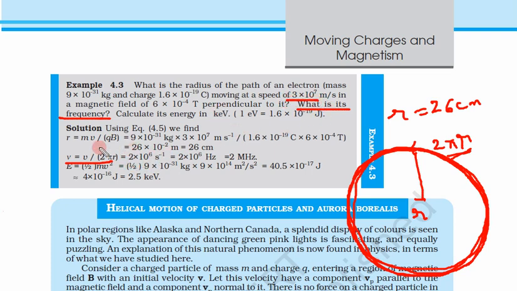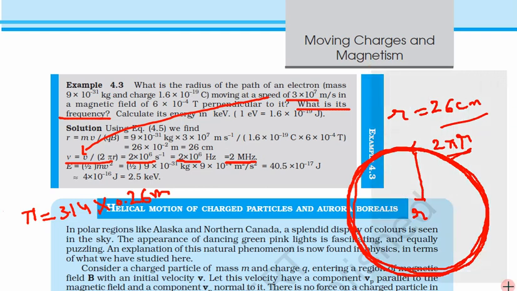3 into 10 to power 7, this is the velocity. 2 pi, you know pi is 3.14. R you have calculated as 26 centimeter, that is 0.26 meter, because we have to put it here in meter. So this is the frequency, 2 into 10 to power 6 per second, that is 2 into 10 to power 6 hertz or 2 megahertz. So this is the frequency. Now the last thing